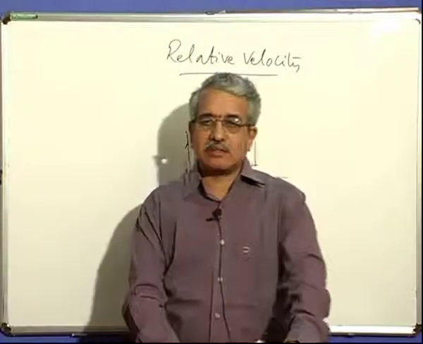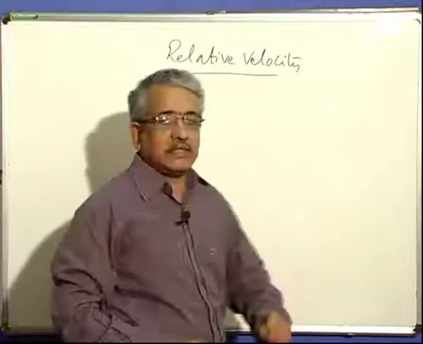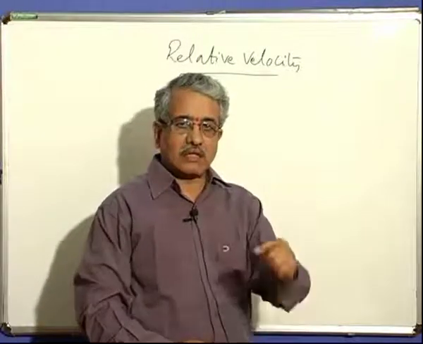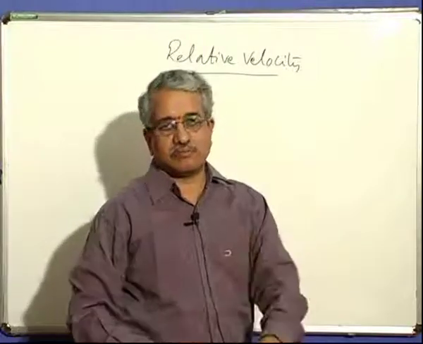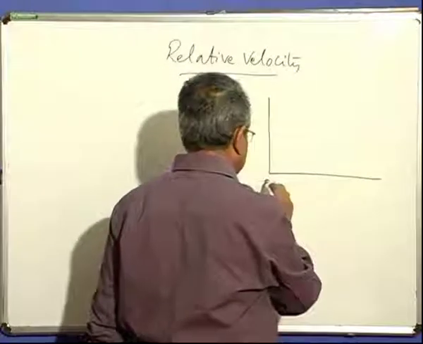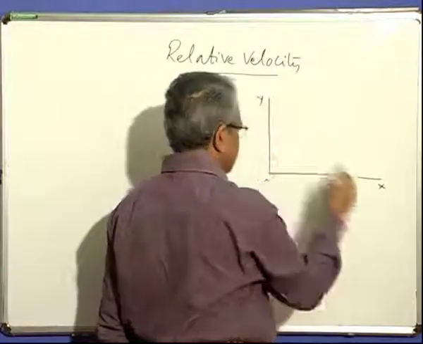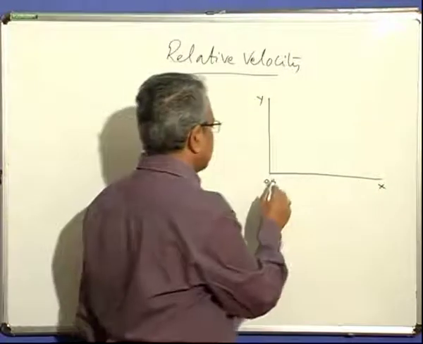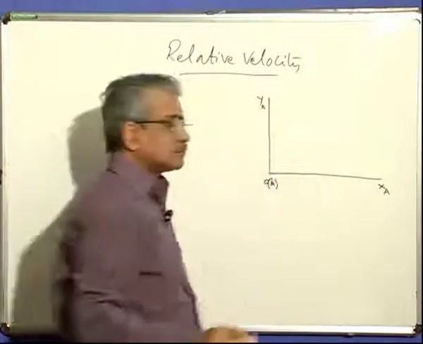Let us see how to put this into equations. Whenever there is an observer who wants to read the velocity, it becomes the velocity with respect to the observer. So the observer must be in a particular frame. A frame means we think of a coordinate system. Say the observer is at this point O. With respect to him, this is the x-axis, this is the y-axis. Suppose the observer A is here. We call him observer A. So this is the x-axis with respect to A.